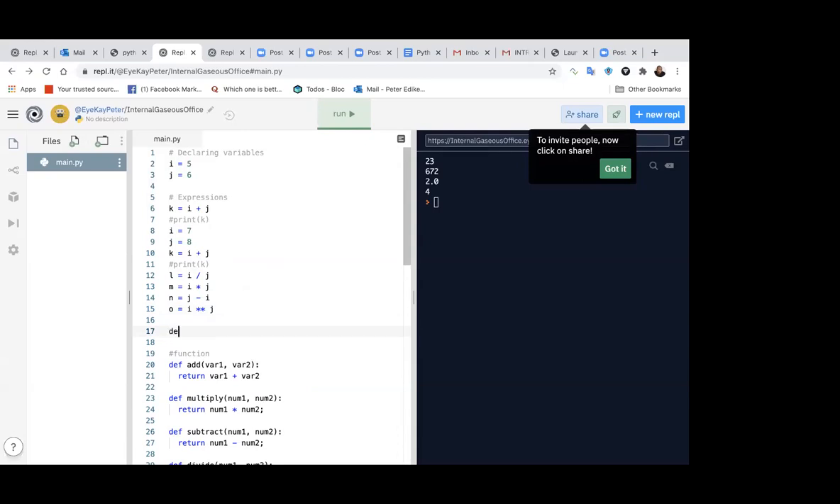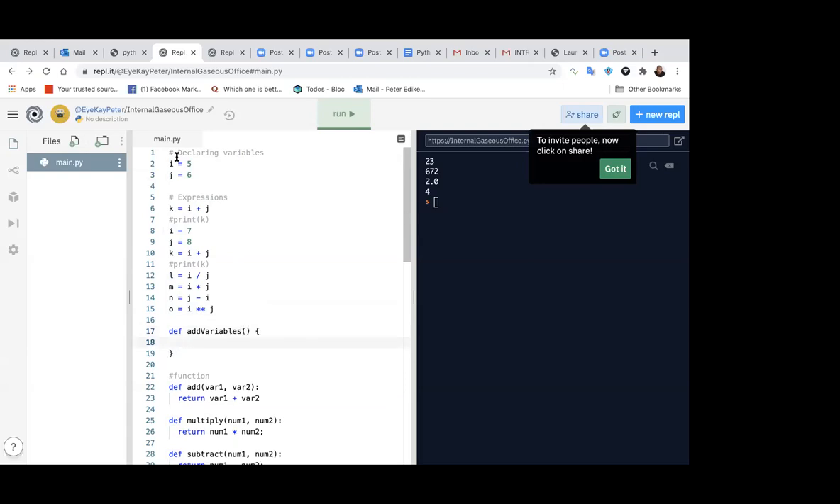You are asking if I can use a variable I declared outside of a function in a function, correct? Yes, you very much can do that. So for instance, let's say I want to encapsulate the functionality of adding I to J in a function. Let's say I'll call this function add variables, right? Now this function, because these variables already exist,